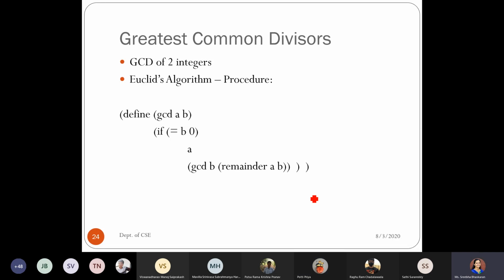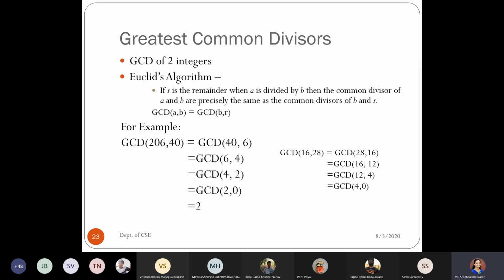Ma'am? Yes. We need to check whether A is greater than B or not, no, ma'am. Depending on that, we need to change the order first, no, ma'am. If your B is greater than A, what happens? You will get the remainder, right? If you have seen the previous case, A is smaller than B, right? Yes. It will automatically get shifted like this.